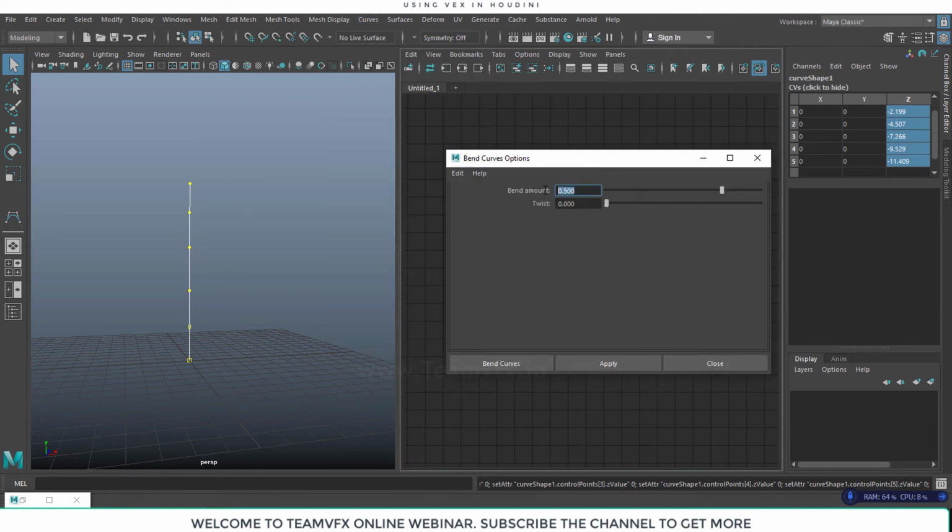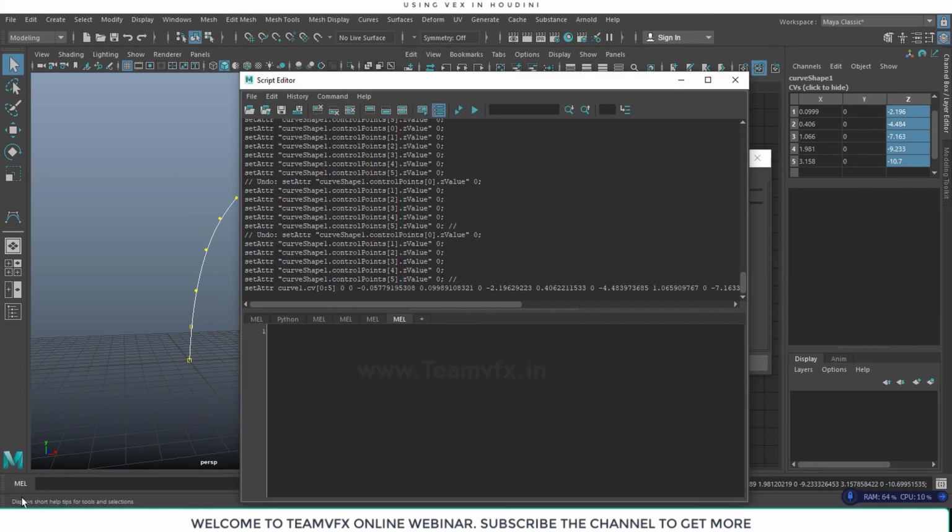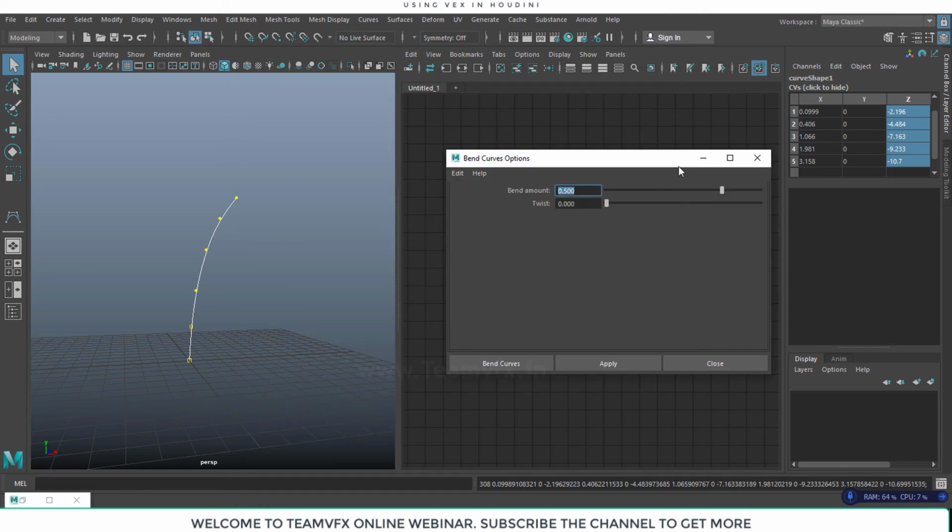By default it is 1, and I'll put something like 0.5, and I will apply it. What it generally does is set the attribute and give the positions of the points so that the whole curve gets bent a little bit. So that was our bend curve. It is just a MEL command and nothing else.